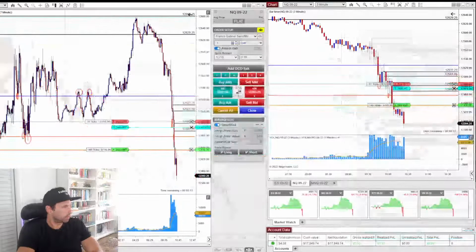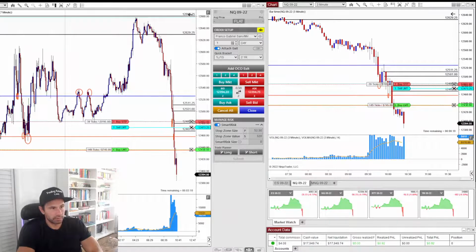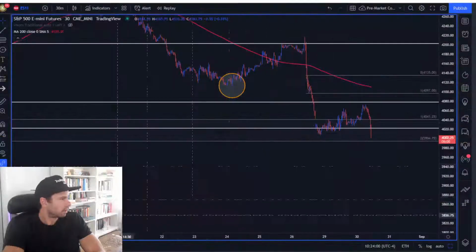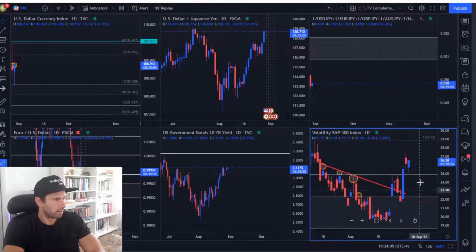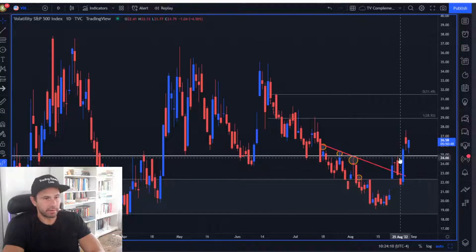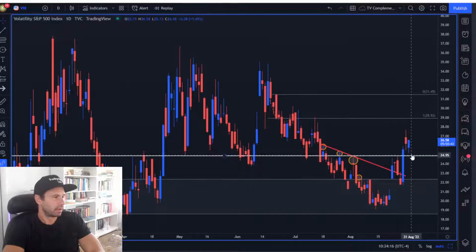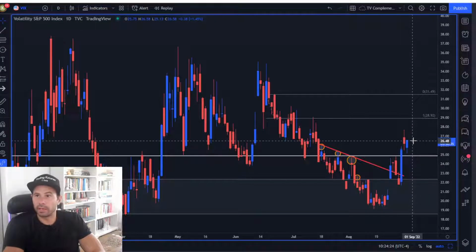All right, I need to switch to this chart while I prepare that one. There we go. Pre-market. All right, on the pre-market, we did review the VIX, right? I said the white line is a very important area for me to take into consideration, and we didn't come into this. We just started to go up.